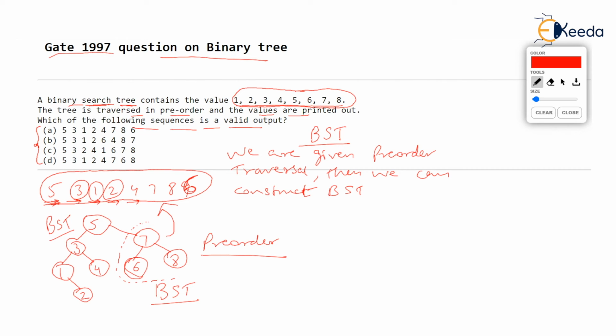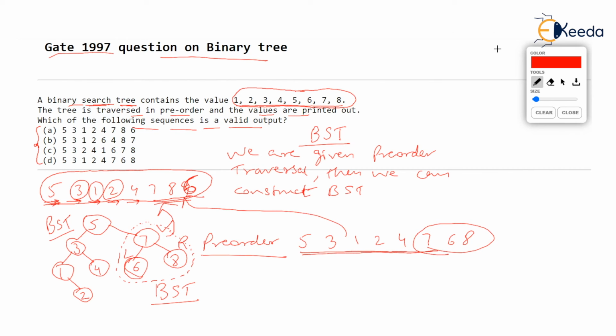You see, the rule for binary tree pre-order is VLR, isn't it? VLR. So when you work on this branch, you should get 7 V, then 6 L, then 8 R, but the output contains 7 8 6. It should be 7 6 8. Are you understanding? If you do pre-order on this, I'm not explaining pre-order all over, but you can orally find out the pre-order for the tree that we have constructed. You will get 5 3 1 2 4 7 6 8. Everything up to this point matches with what we have. But this 7 6 8 has spoiled the whole show.